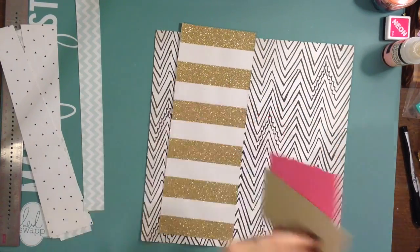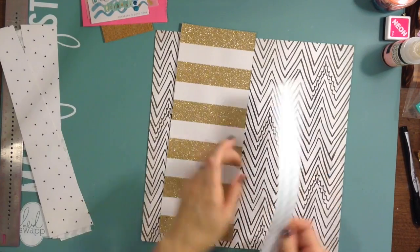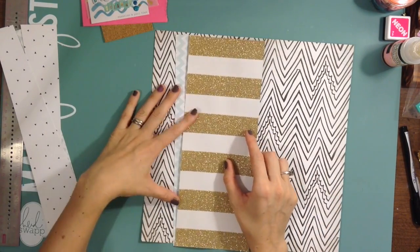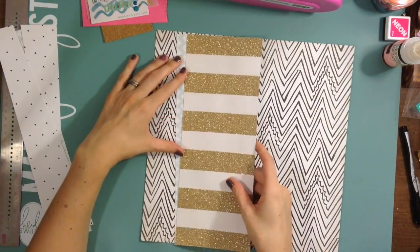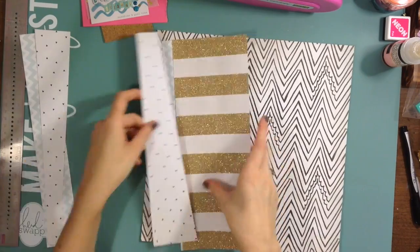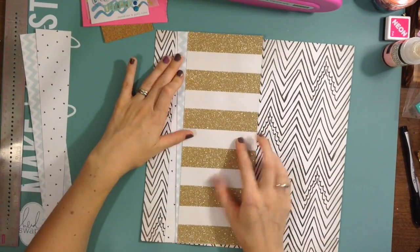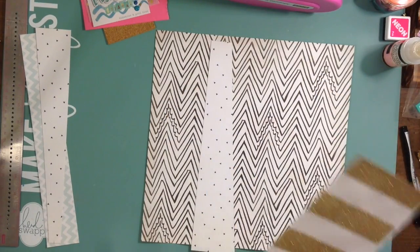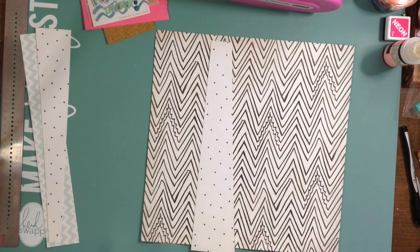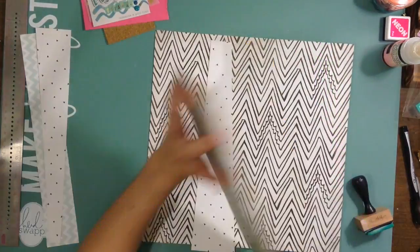So that's crepe paper, right? And then I think both of those papers are from Wonder. I know that gold and cream paper is from Wonder. And I'm just doing some layering. I really like that Dear Lizzie paper, but it's kind of busy, and I want something to put